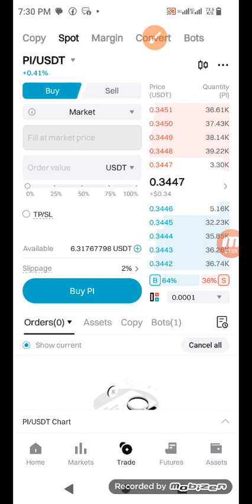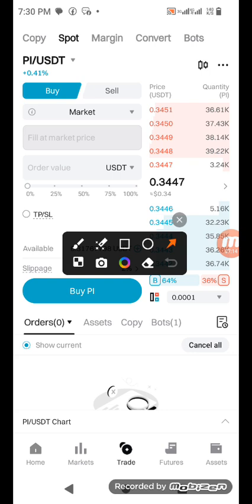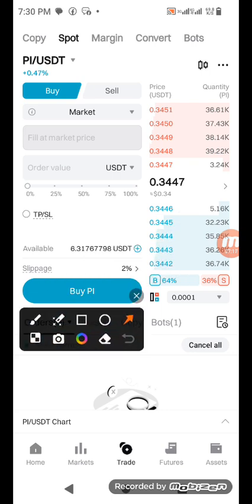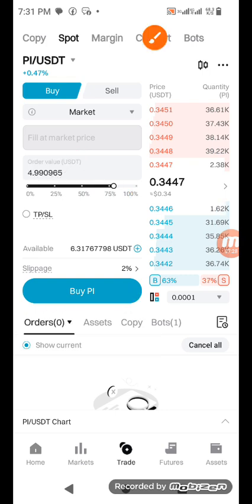Now, having chosen market, the question is, I have USDT I want to use to do this. How much of my USDT do I want to put? I will put the value here. Or I can say, okay, 25% of what I have, or 50%, or 75%, or 100%. 100% means all of it. If I choose 75%, look at what it's giving me. Now, if I say 100%, it gives me everything here. So I may say, okay, buy just 75% for me. I made that choice.